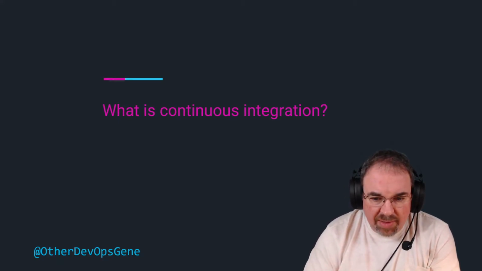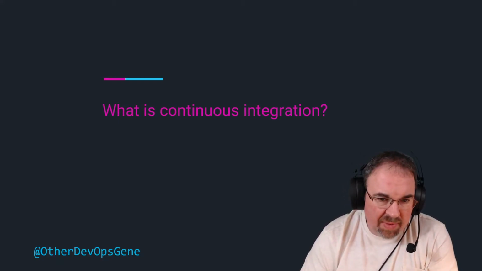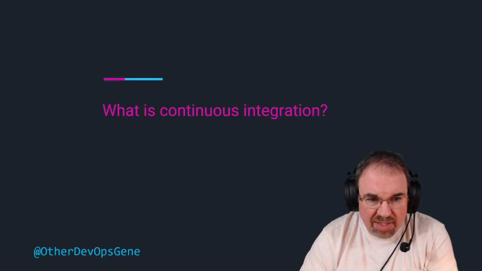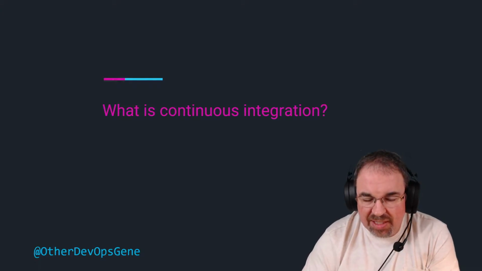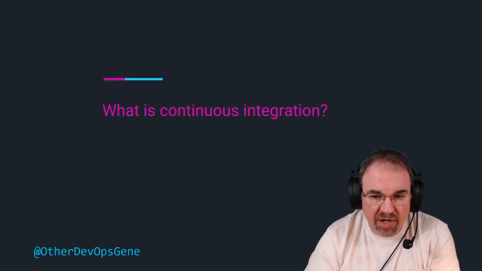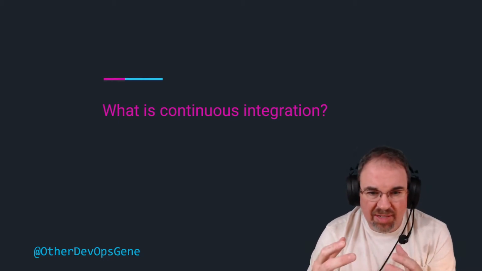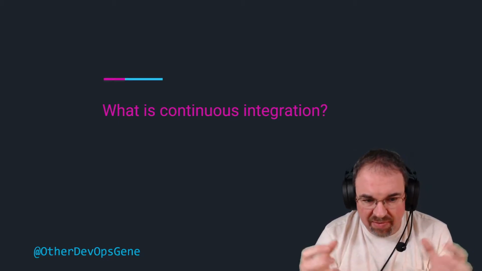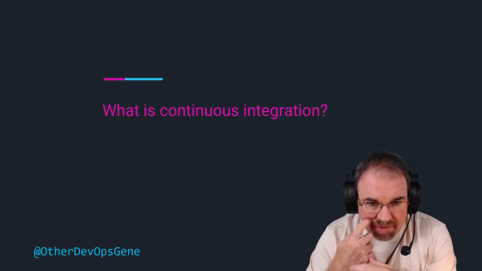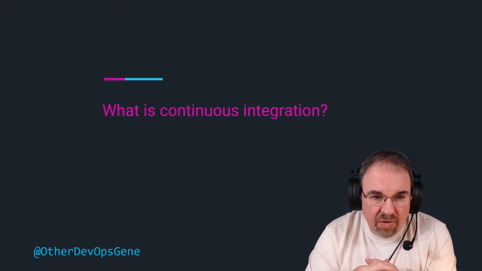When we're working on DevOps projects, there are some terms that come up on a regular basis, and one of those is: what is continuous integration? Continuous integration is the idea that developers are constantly integrating their code with other developers' code, not waiting till some sort of integration day where everyone has to merge their stuff together and step on each other's toes and try to figure out whose stuff is going to be the working changes and who's going to have to rework their stuff to work with everyone else's.